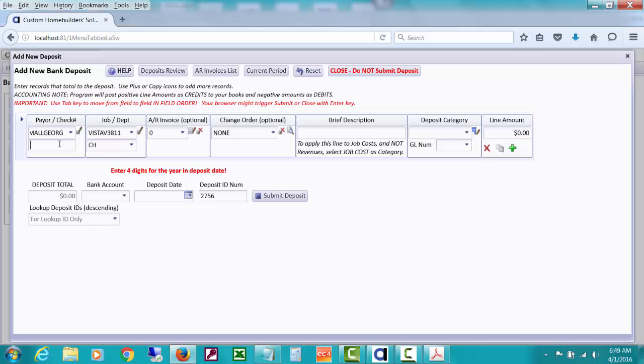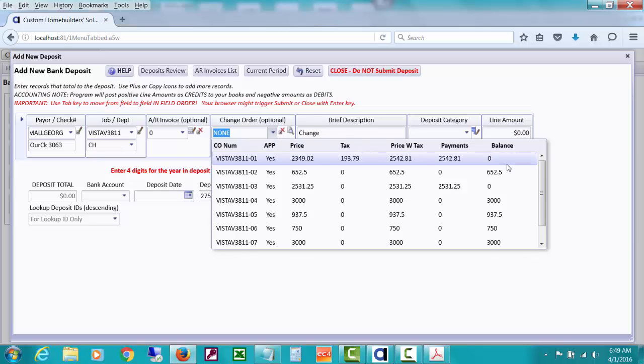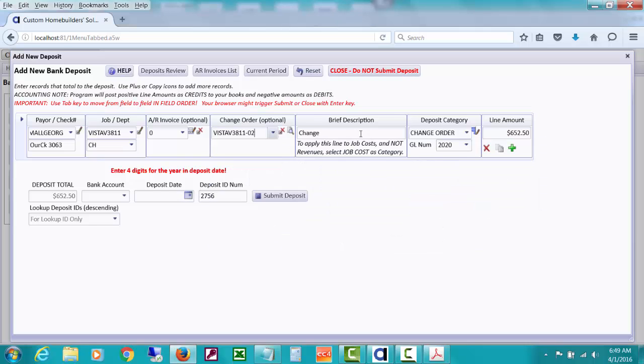And our check, 3063, I can't remember what check number I used. Let's play like that's the right one. Let's just put that there as a little notation. And we'll do change order. Well, let's select the first change order we want to mark as paid. There's this one with the balance. And we'll do small CO02